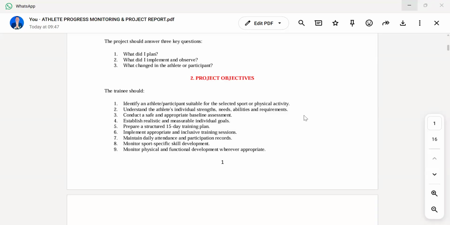If suppose an athlete takes 20 minutes to run a 100 meter track, in the 15 days we want to improve the time. So if suppose it takes 20 minutes, we want to reduce at least 12 minutes, 13 minutes. That is my goal, and my objective is that we part